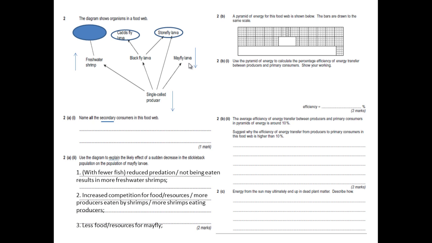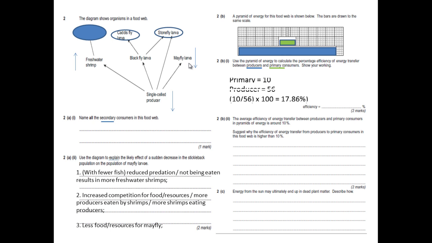2b. The pyramid of energy for this food web is shown below. The bars are drawn to the same scale. Use the pyramid of energy to calculate the percentage efficiency of energy transfer between producers and primary consumers and show your workings. So the producers we're going to represent in blue and the primary consumers in green. And so you can see here that the blue bar is the producers, the green one is the primary consumers,